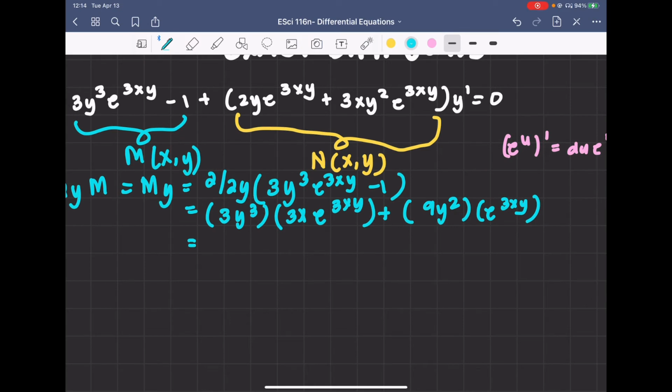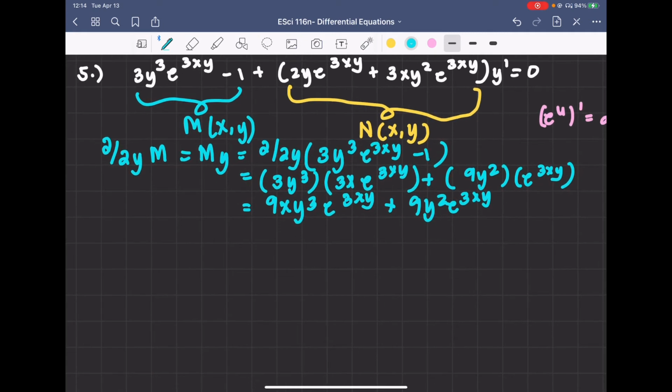So multiplying the terms, we have 9xy cubed times e to the 3xy plus 9y squared times e to the 3xy. Now next, we need to find the partial derivative of our n with respect to x,